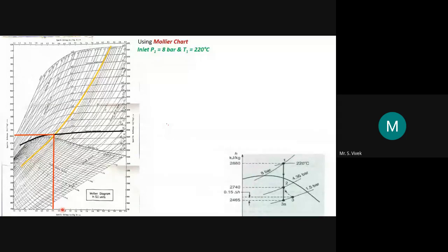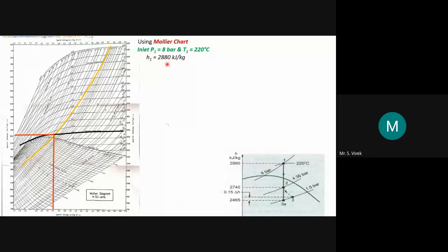Can you tell me what is the enthalpy and entropy value at state 1, at the inlet? Can anyone tell me? Sir, enthalpy 2009, sir. Okay. Actually, I'm getting 2880. Okay, sir. So don't confuse it with the picture I'm placing in the presentation. For understanding, I brought the Mollier chart and am doing these animations to get the data, but it won't match with the data which I have here.